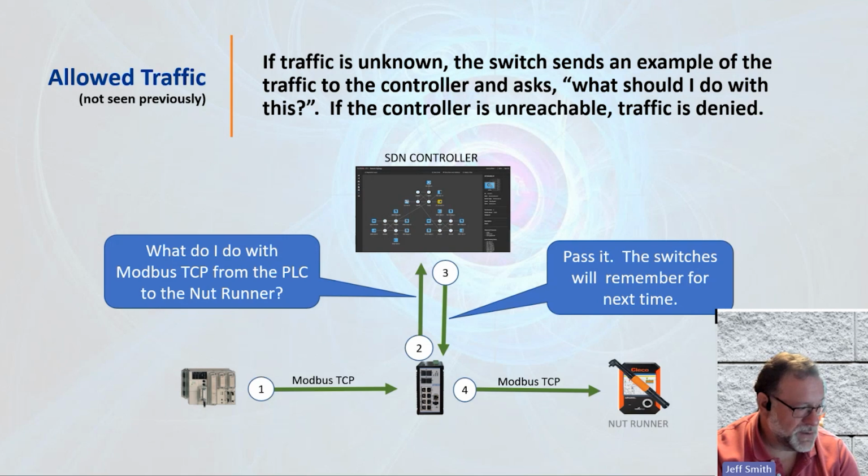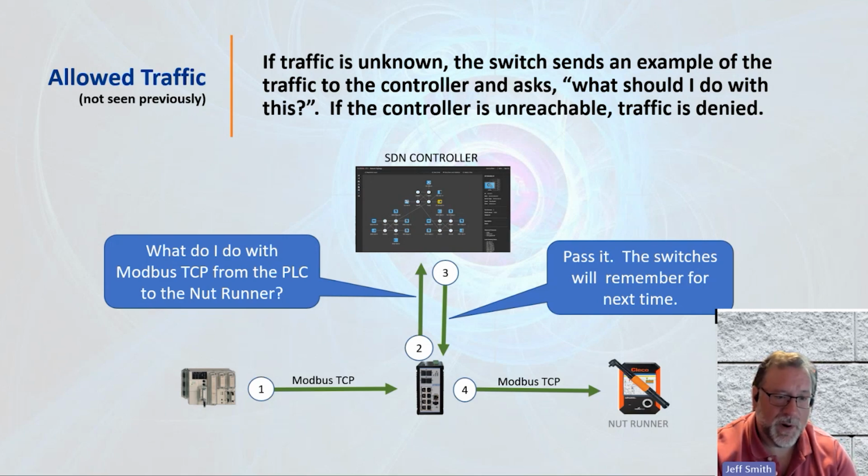Now, if I happen to try to SSH from one to the other, which in this case you really can't, the device types prevent that, but let's assume for a minute I could. Again, that first packet of attempted communications over SSH is going to go to the controller. The controller is going to decide if it's allowed.